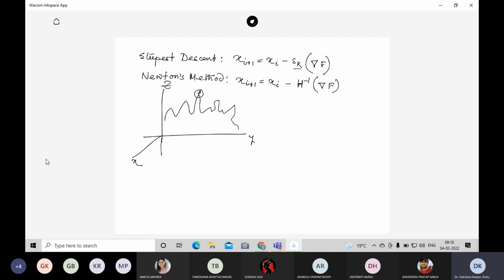From this position we will look around and try to find which direction I should follow to get the optimal one. The optimal one means the global minima. If there is a global minimum, first we will look around at this place, and we will try to go along the steepest descent. Steepest means how quickly we go